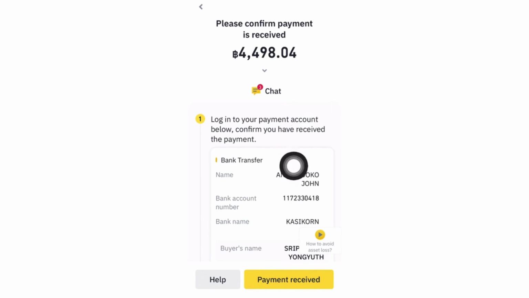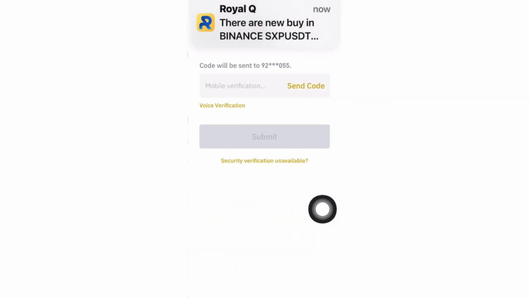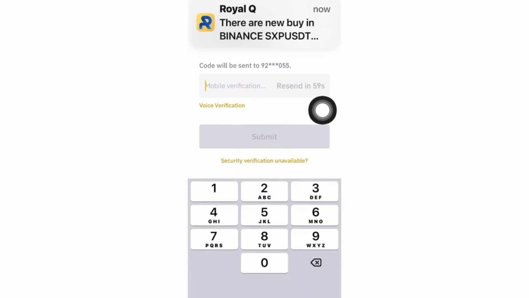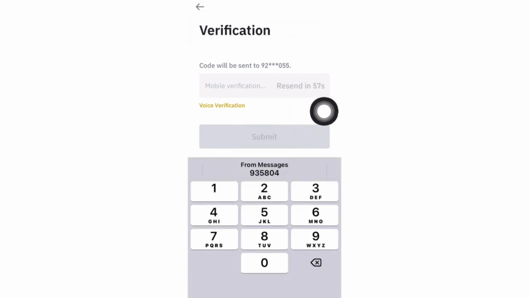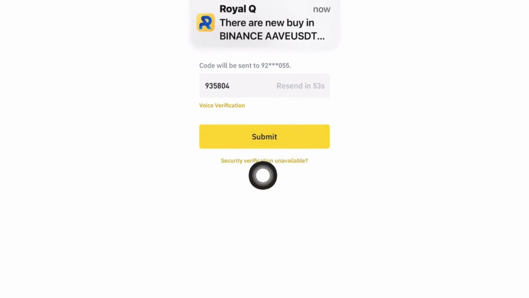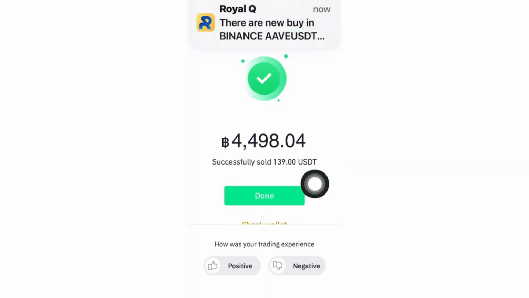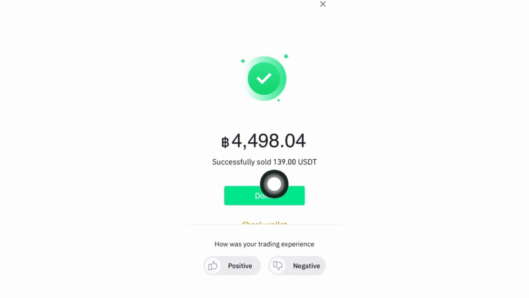But since I already have a notification on my bank, I will just go and say I have received payment, and then confirm. Okay, here we have to do OTP one more time to release the crypto. Okay. So now that I have the OTP, I just want to submit. So that is it. It is done. I have successfully sold 139